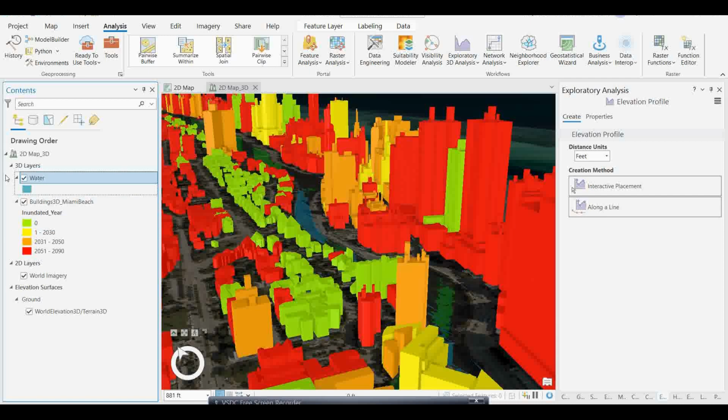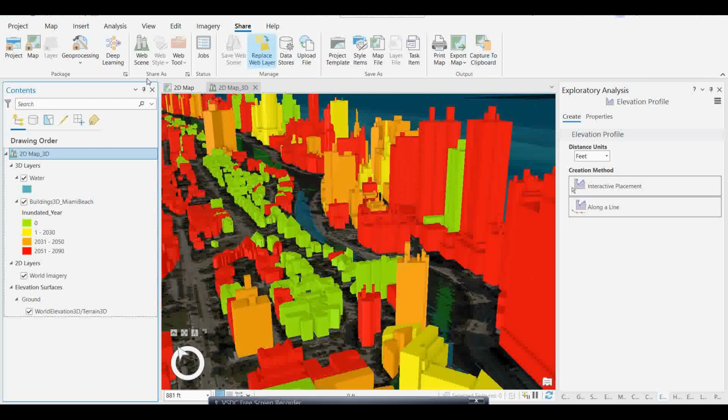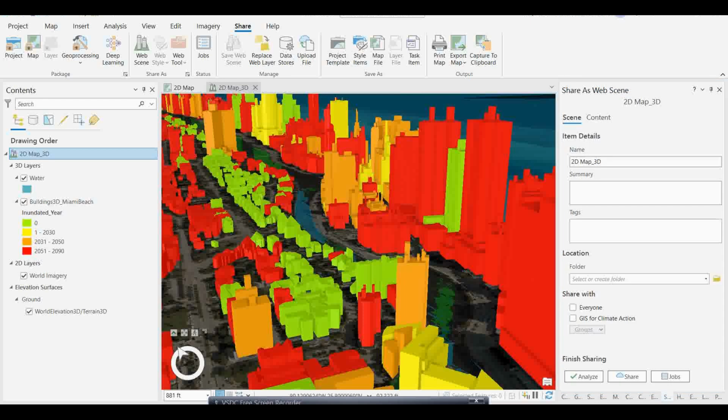So how will you publish this particular layer? The main thing is this 3D map layer which we are going to publish. Select it, go to the share. If you are already logged in with your ID and password, you can publish it as a web scene. So we are actually publishing as a web scene. Click on this web scene, and your web scene will be ready for publishing. Let's wait for how to publish it. You see here, this is the name which you can provide. The final name we can provide like this, like